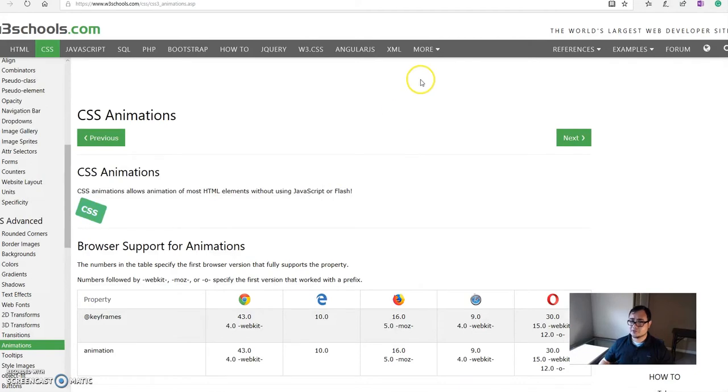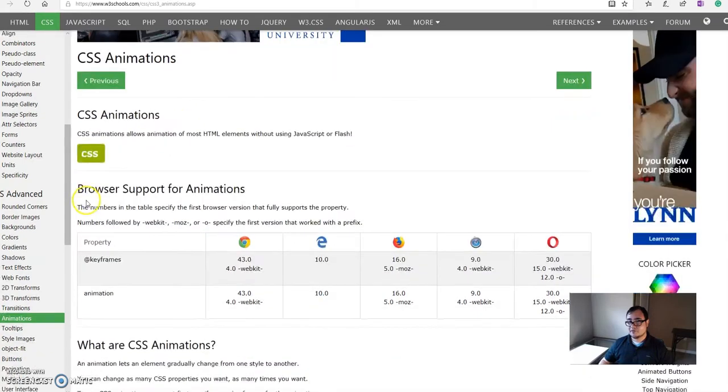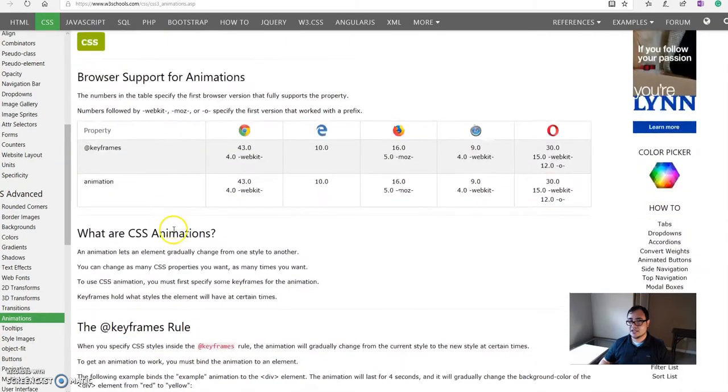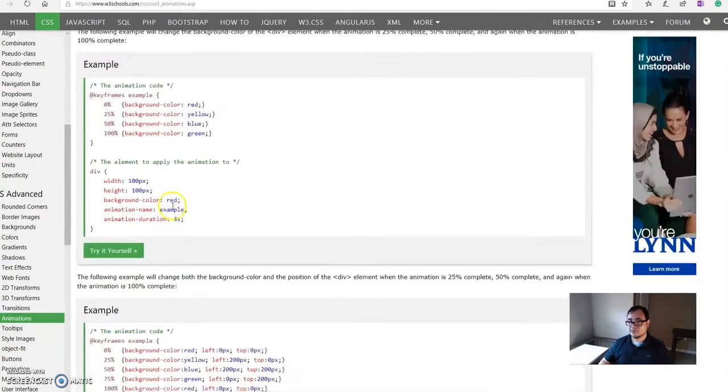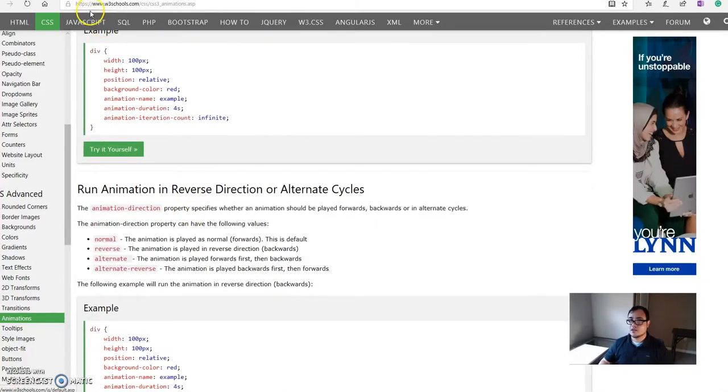So, W3 Schools. This is W3 Schools, and here we have CSS animation. Here we can see some of this animation. And as we go through this, there are different examples and different strategies you can try. Alright, moving to My Light,